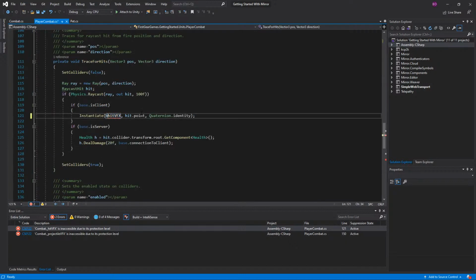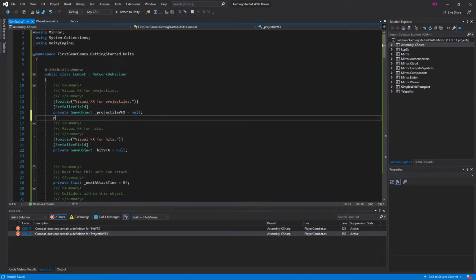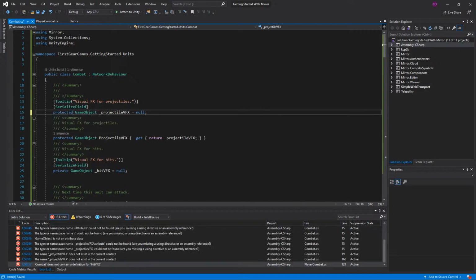So all I'm going to do is just do base dot hit VFX. I'm basically just renaming it and putting base in, indicating I want to pull it from the parent class, and there's still going to be an error. Let's just disregard that for a second. And then base dot projectile VFX. Now I'm going to go back to my combat class here, and I'm just going to make a protected GameObject projectile VFX, get, return projectile VFX. Basically, it's just going to return whatever's in the parent class, and I could very well make this protected and then just do this too,